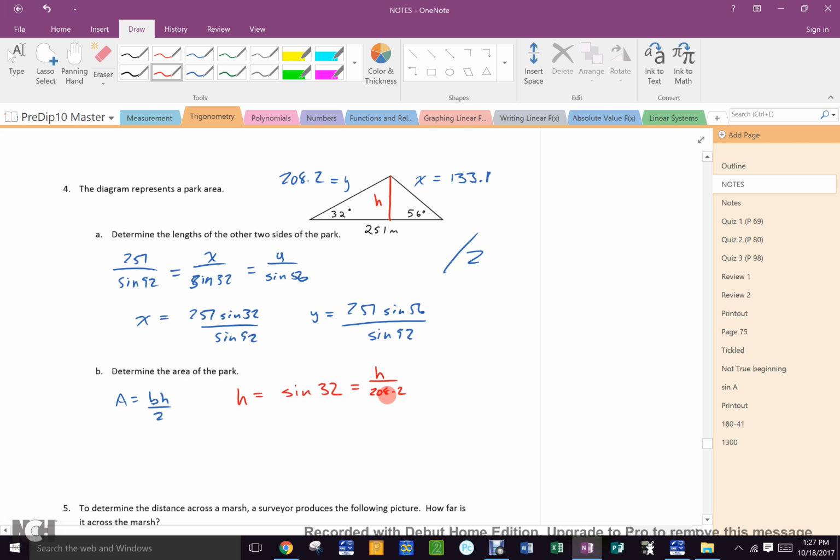So H is 208.2 sine 32. Or, what else can H be? 133.1 sine 56. Right? They'll both give you the same number, won't they? Yeah. Okay. Which is